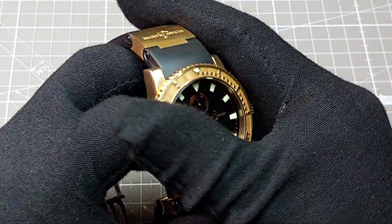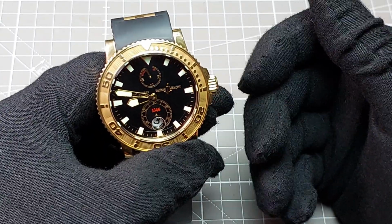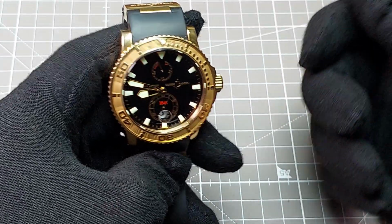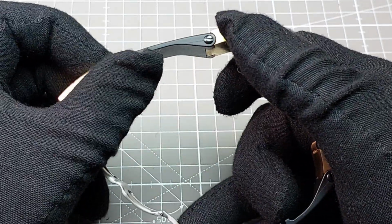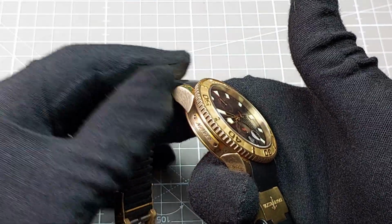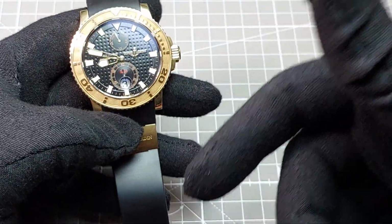What are the cons? The power reserve is only 42 hours, which may be outdated by contemporary standards, where competition is doing 70 plus hours. Rubber strap: while comfortable and sporty, the rubber strap may not appeal to everyone, especially considering the luxurious rose gold case. Some might prefer an option for a leather or metallic bracelet, which Ulysse Nardin does offer, both leather and